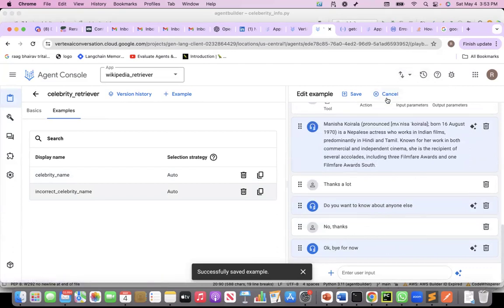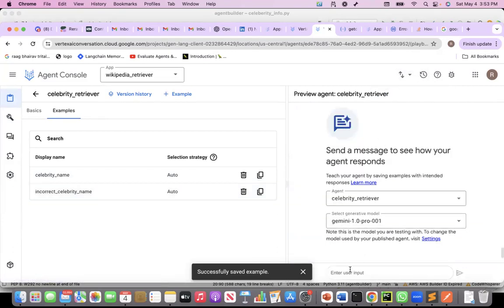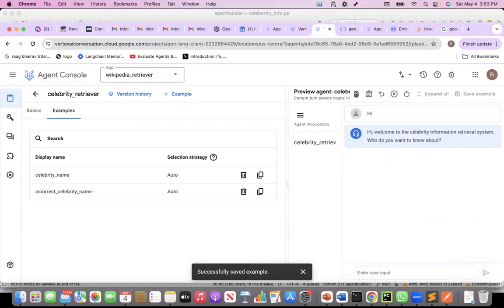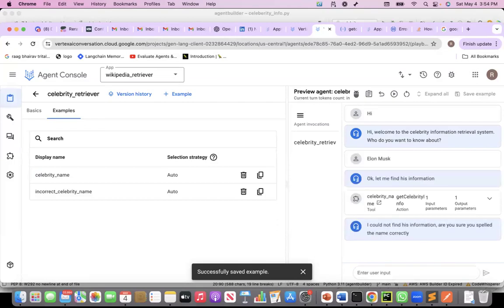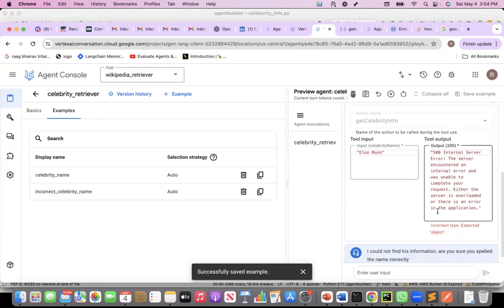So now let's try it out, right? So let's say I say hi. It will say, welcome to the celebrity information retrieval system. Who do you want to know about? Okay, this time let me say Elon Musk. Okay, Elon Musk. Let's see what it does. So now it is trying to get information. Okay, so it could not. So maybe Elon Musk's name is not